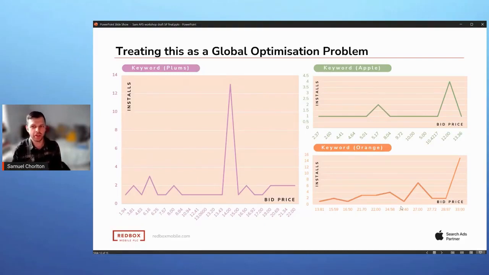So then you've got to start thinking, well, how do we allow the algorithm to understand extraneous events that might be happening? When you start to think about this, there's loads and loads of different facets that you could account for. What you've got to work out is which of those are actually helpful and beneficial. That's where you start to get into the specifics around how we might do things at Redbox versus how other organizations might approach the same problem.